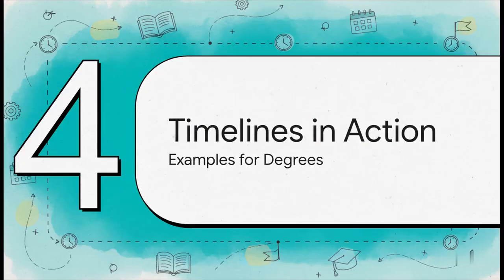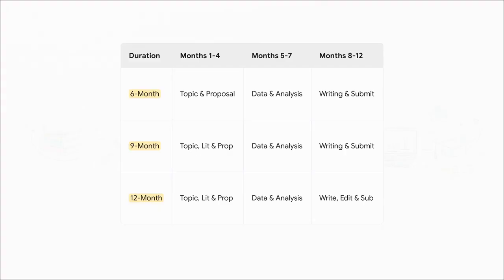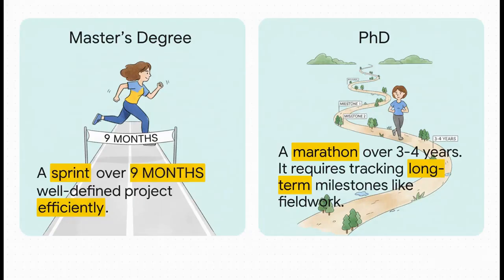Now, let's see what these timelines actually look like in action. How do they change for students who have different deadlines? So whether you have just one semester or a full year, the basic stages are pretty much the same. A 6-month plan is basically a sprint, while a 12-month plan is definitely more of a marathon. The core process is universal. It's only the pace that changes. And this really says it all. A master's is a sprint, a PhD is a marathon, and the timelines absolutely reflect that difference. A PhD is going to require way more complex, long-term planning for things like fieldwork and going through multiple rounds